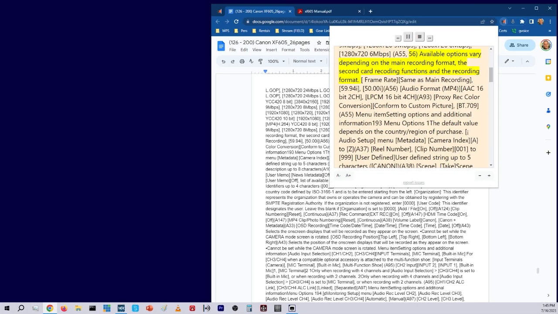56. Available options vary depending on the main recording format, the second card recording functions and the recording format. Frame rate: same as main recording, 59.94i, 50.00i, A56. Audio format: MP4, AAC 16-bit 2ch, LPCM 16-bit 4ch, A93. Proxy rec color conversion: conform to custom picture, BT.709, A55. Menu item setting options and additional information. 1 The default value depends on the